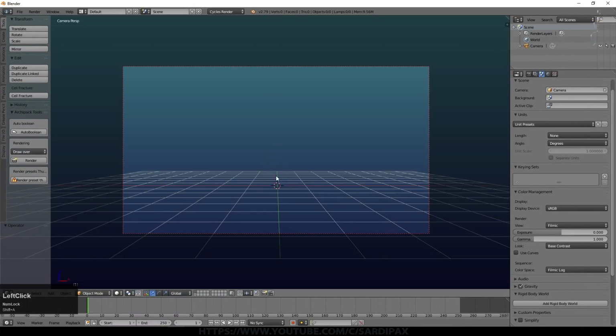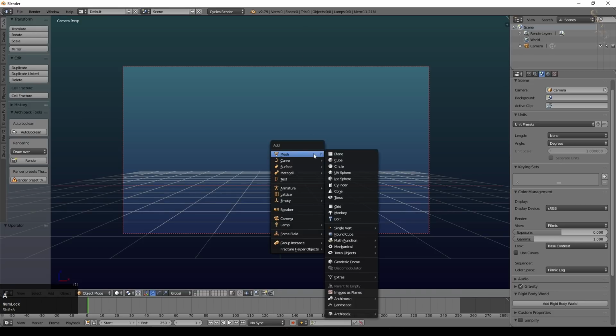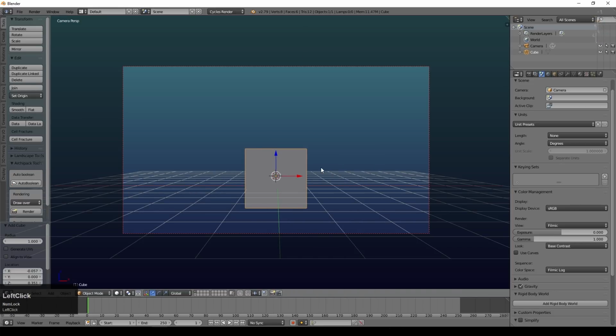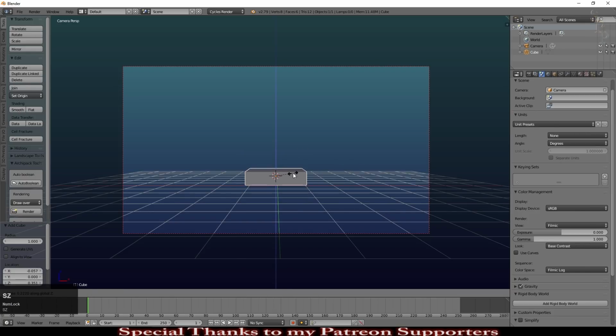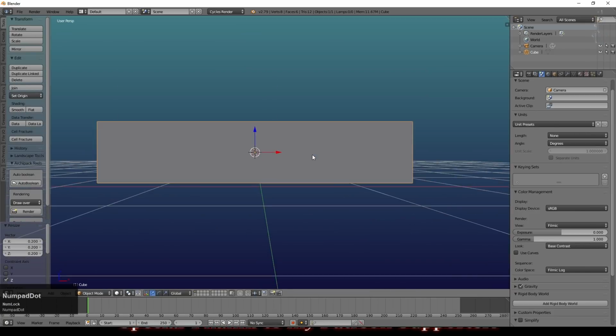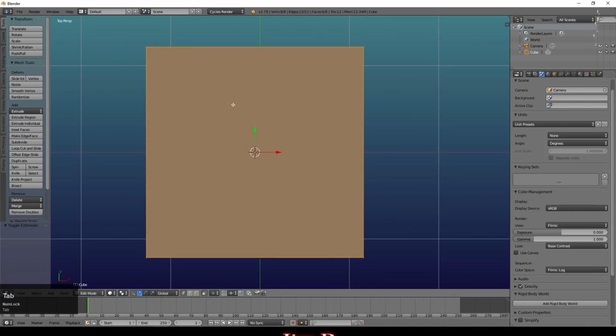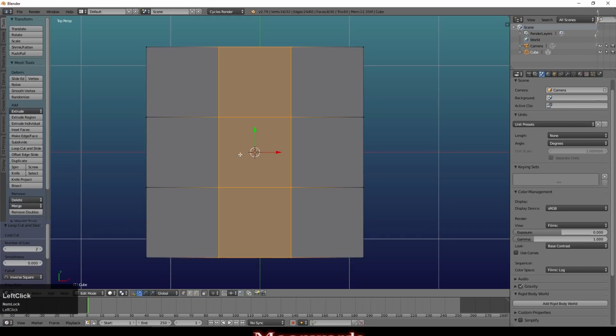So to begin with, we just need a mesh object of some description. I won't necessarily create exactly the same shape, but my thinking when I created the shape that I did was to have something with a number of facets on it. More than just you would get with a simple cube. So I'm just applying a couple more loops on here. I've got loop tools enabled.